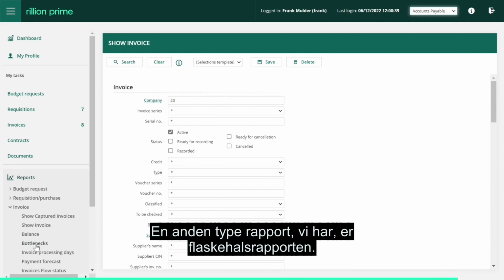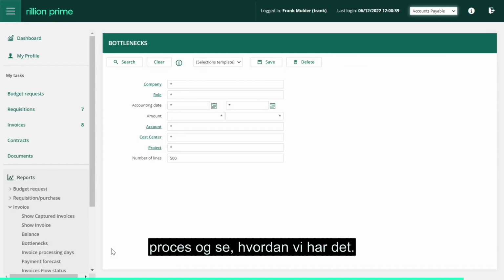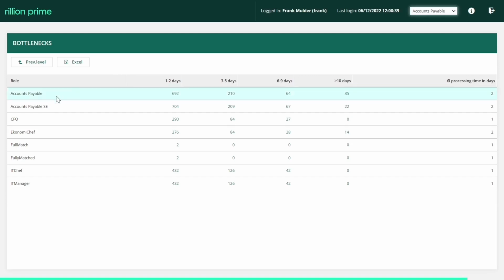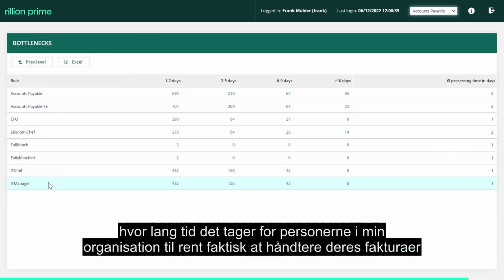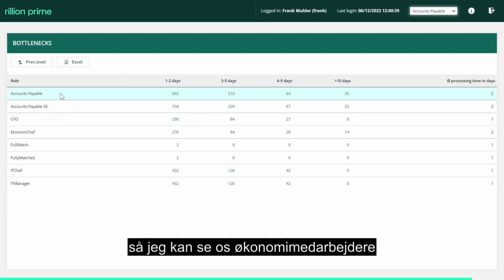Another type of report that we have is the bottleneck report. The bottleneck report is more for accounts payable and finance to trace the process and see how we are doing. If I search here, I will be able to see how long it takes for the people in my organization to actually handle their invoices. So I can see as accounts payable,